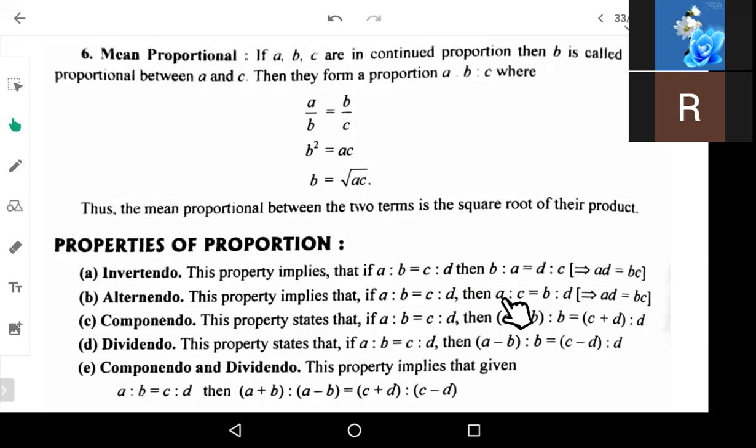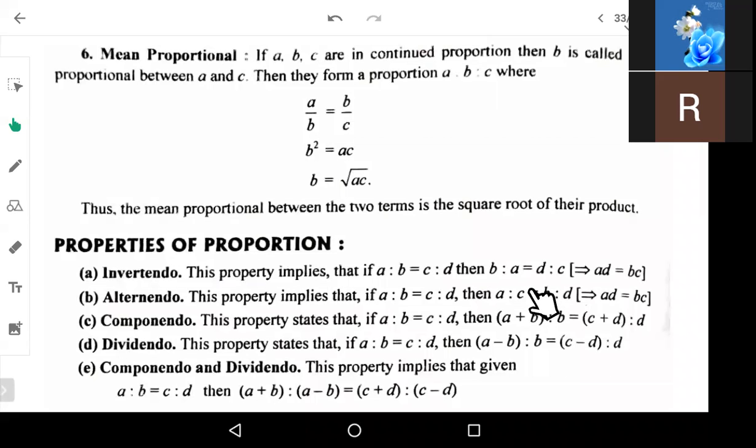See, if you see A, leave out B, alternate C. So A is to C will be one part and B is to D will be on the other part. Did you all understand? So here, if it's in the normal proportion, if you exchange the places of B and C alone, it is called as